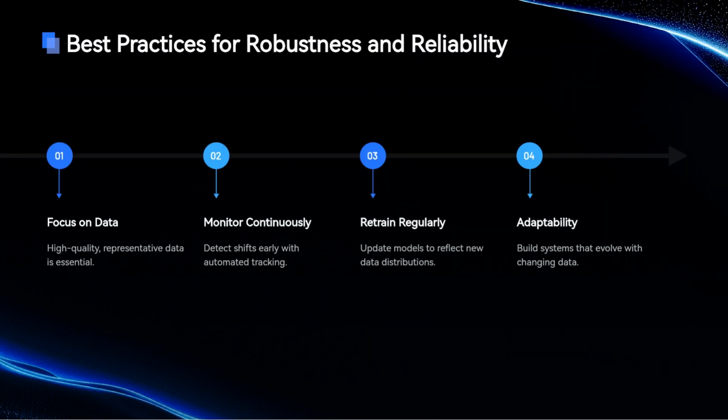To ensure robustness and reliability, continuous attention must be given to both data quality and the evolving environment. Focus on data. Ensuring the data is of high quality, representative, and free from bias is crucial for building a robust model. Continuous monitoring. By setting up